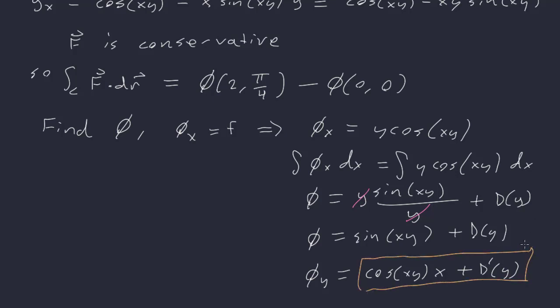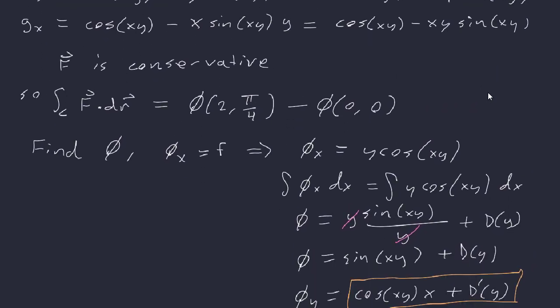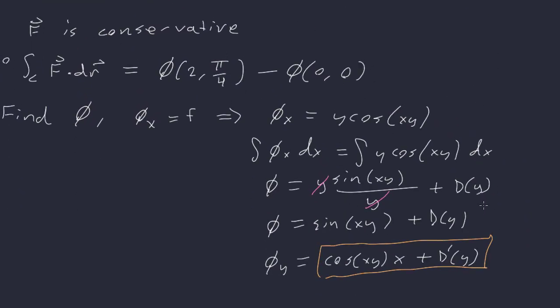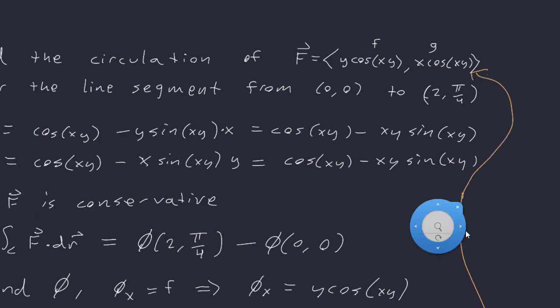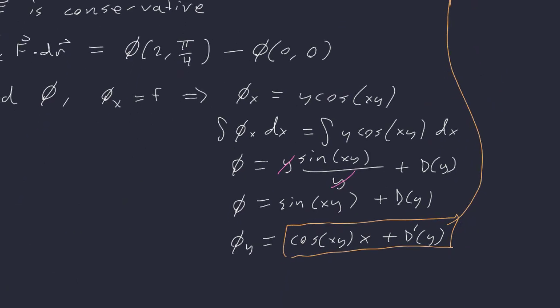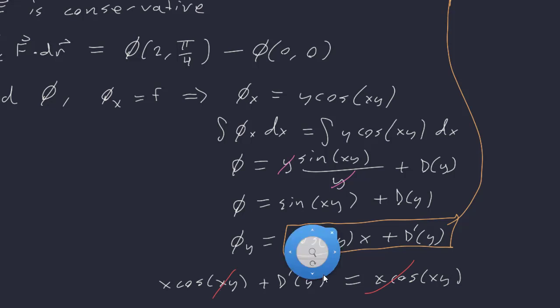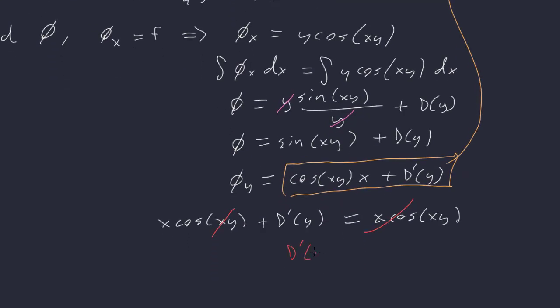And now we are going to compare what we got here to our original function, our original g all the way up here. And so we have that x cosine of xy plus d prime of y is equal to x cosine of xy. So these cancel, telling us that d prime of y is equal to 0,